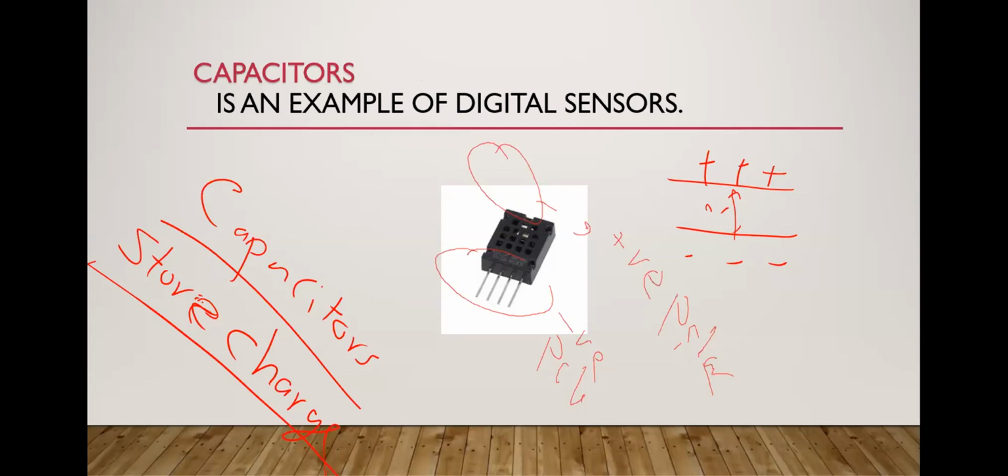And in addition to that, it will also depend on the distance between the two sides. So these are the two important factors that will control the behavior of capacitors: how much electricity this capacitor can store inside. Okay, so this is the basic idea about capacitors or digital sensors, Mariam. It's something we